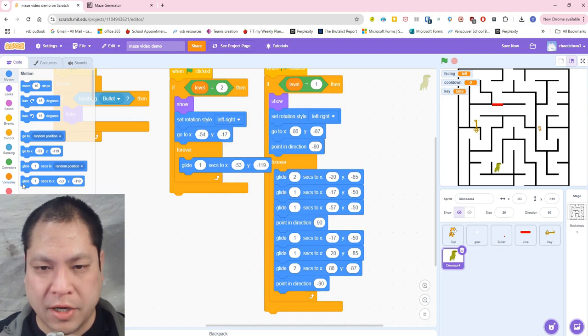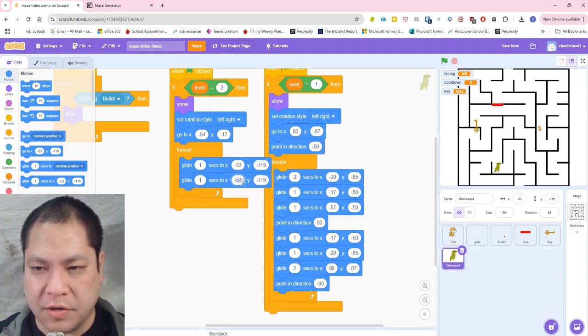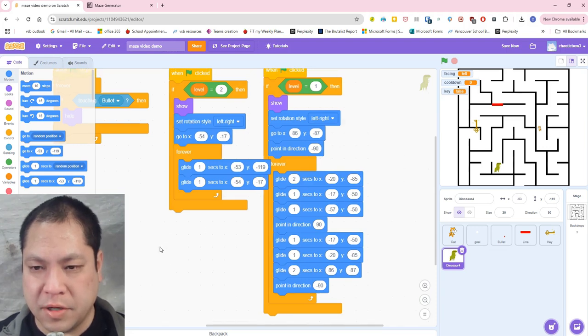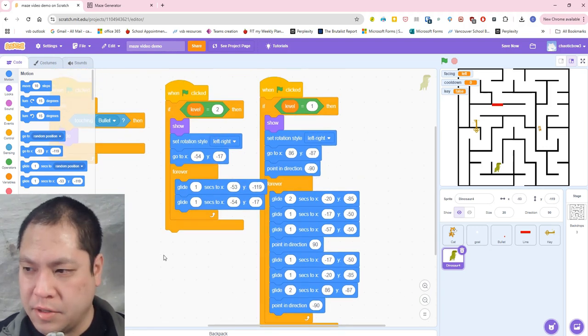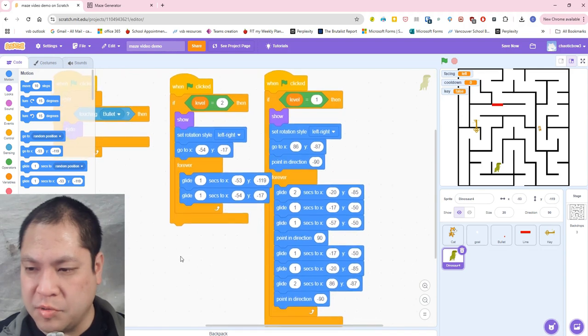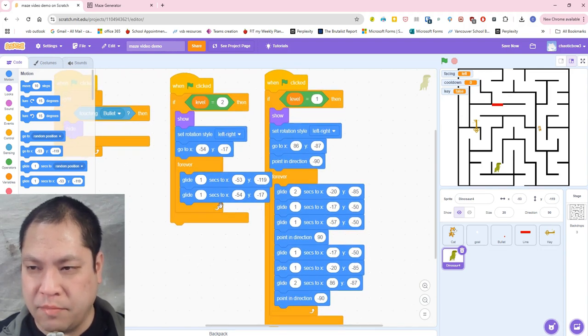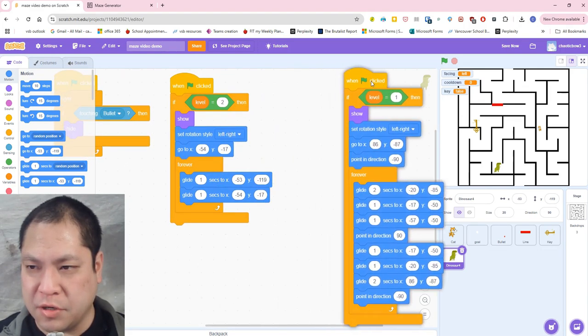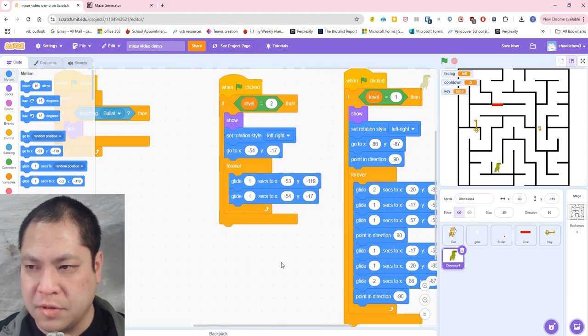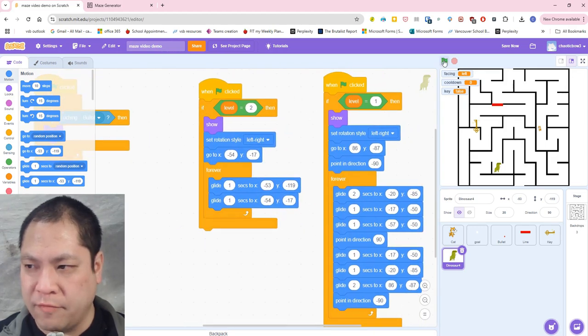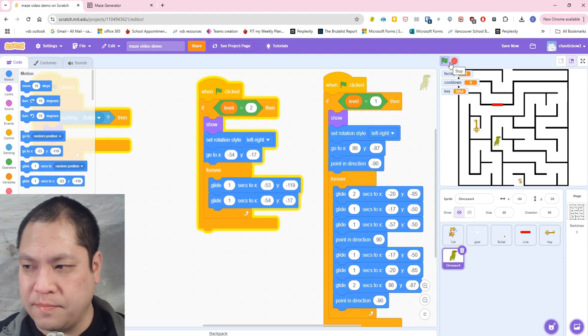So we get another glide, and we'll just change the values here to negative 54, negative 17. I think that's it. This is much simpler than our other one, but obviously you can make it as complicated as you want. And this time, if we play it,